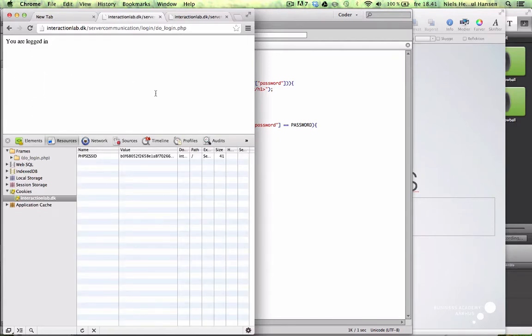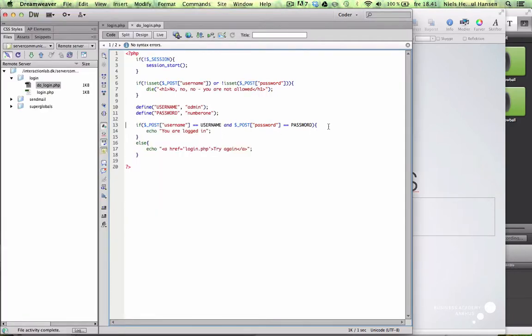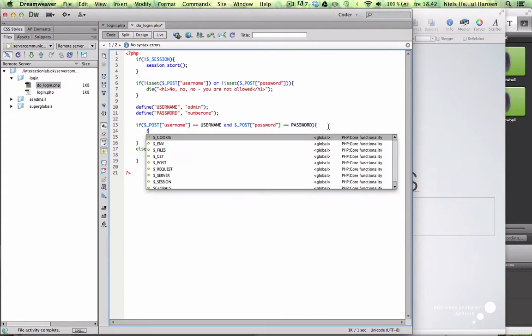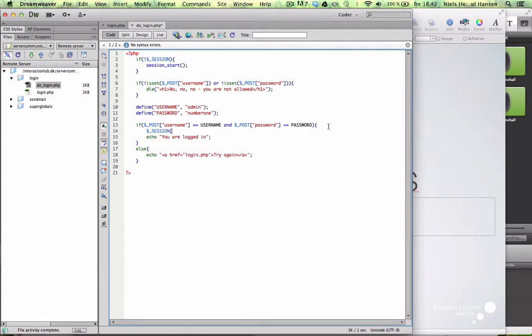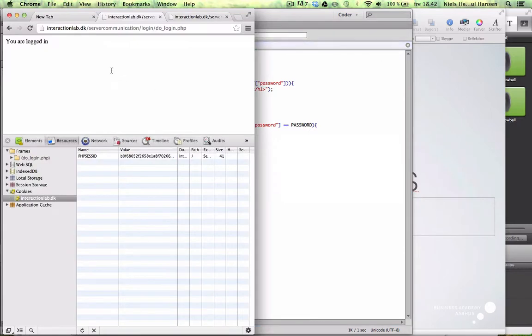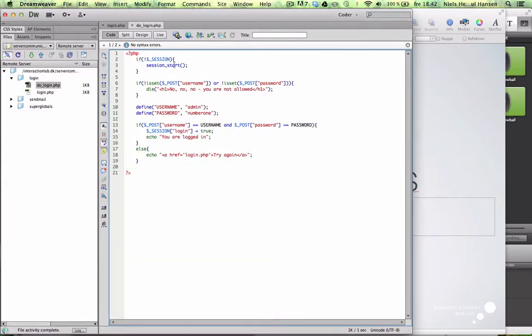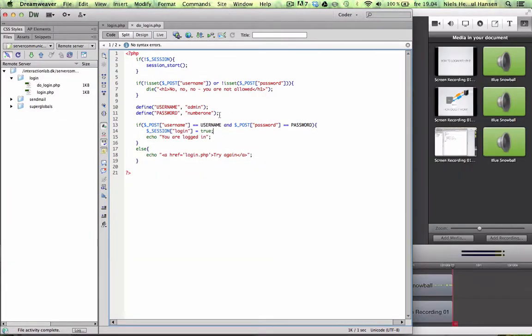The only thing I need now is to create a session variable that I can use when I'm going to use some of the secure pages. So in my session I need to set the variable login to true, and when I do that, go back again because I'm still not logged in. Correct. Then now I'm logged in